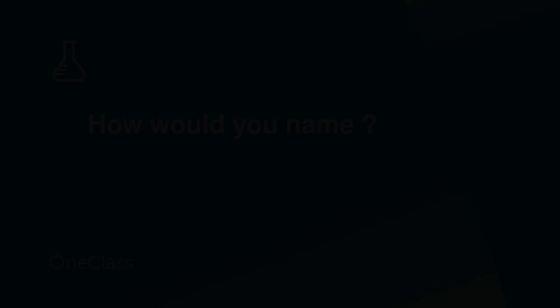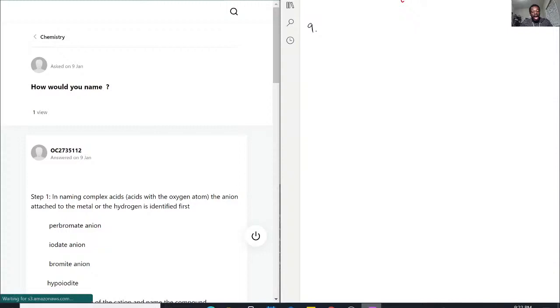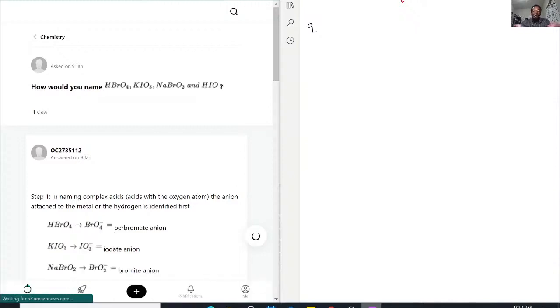So for question 9 we have, how would you name these? There we are. So we have HBrO4, KIO3, NaBrO2, and HIO. So that IO is definitely going to be one of the trickier ones. And because I don't have all of these memorized, I'm definitely going to have to refer to a sheet. But with that being said,